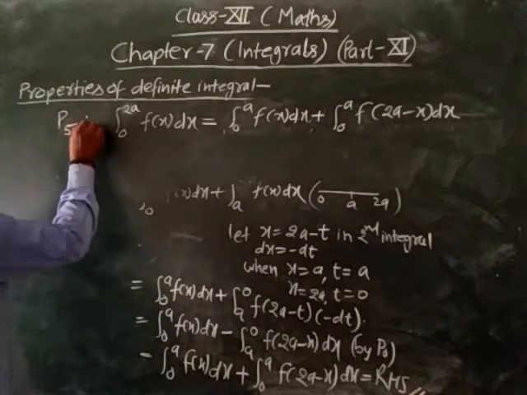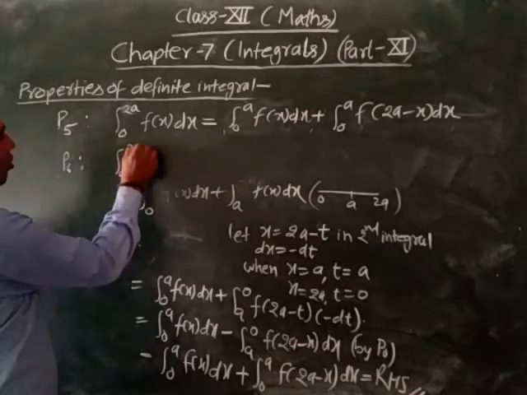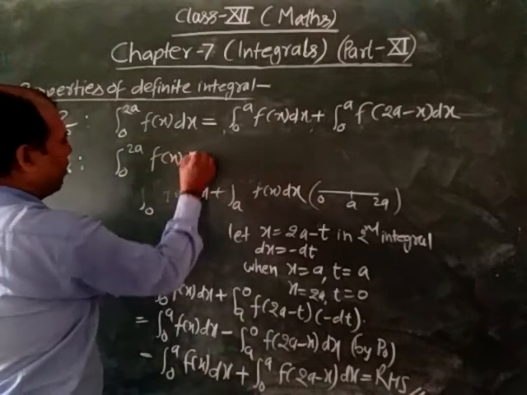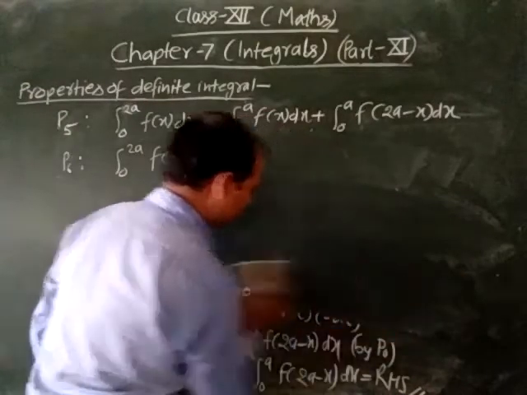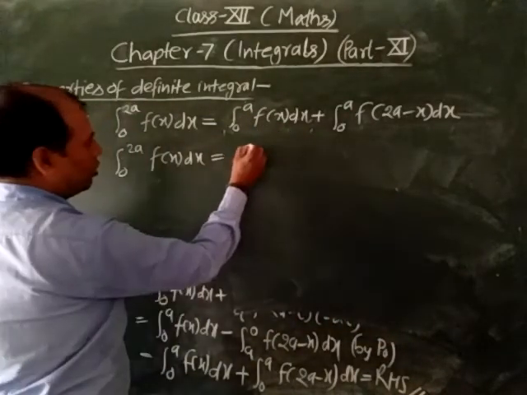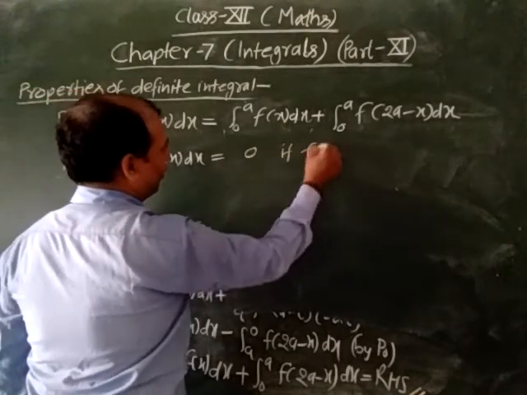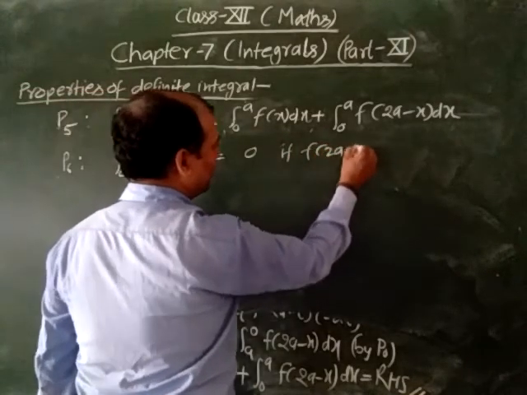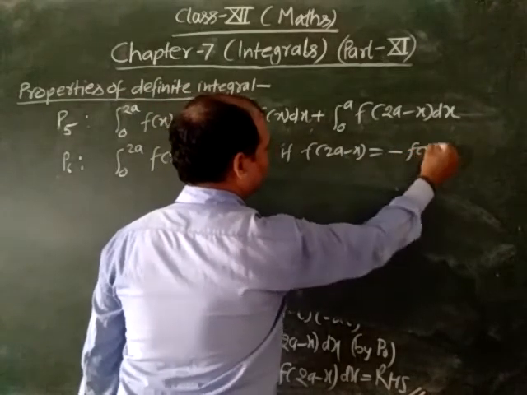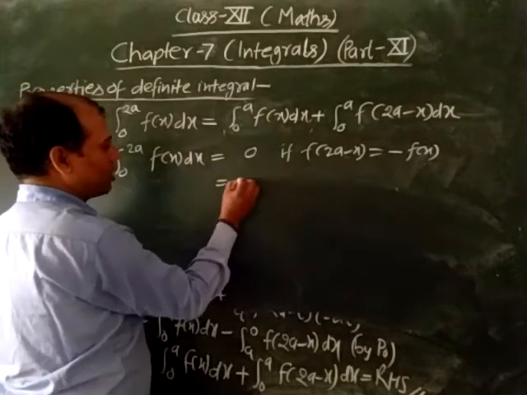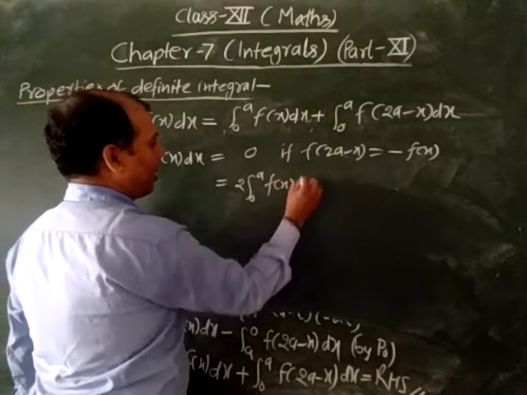This was property number 5. Property number 6 is: integral from 0 to 2a of f(x) dx equals 0 if f(2a minus x) equals minus f(x), and the value becomes twice the integral from 0 to a of f(x) dx